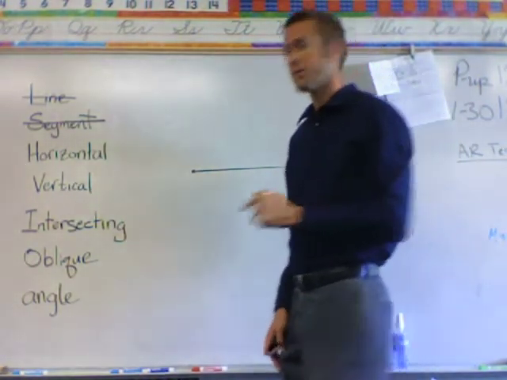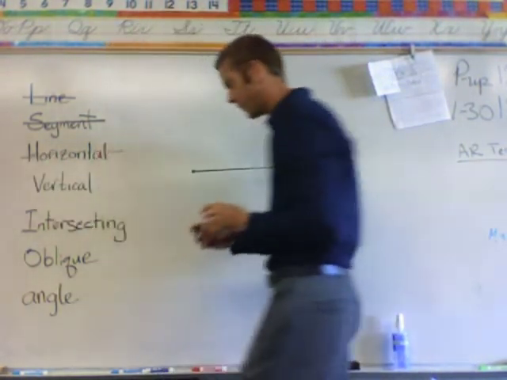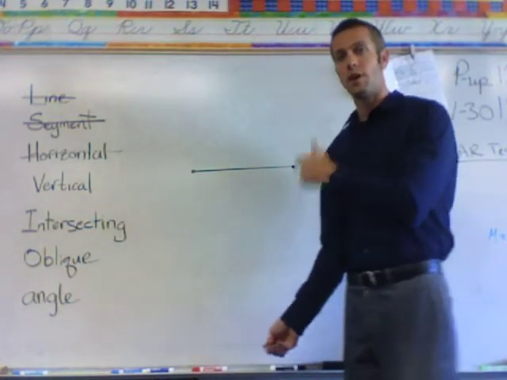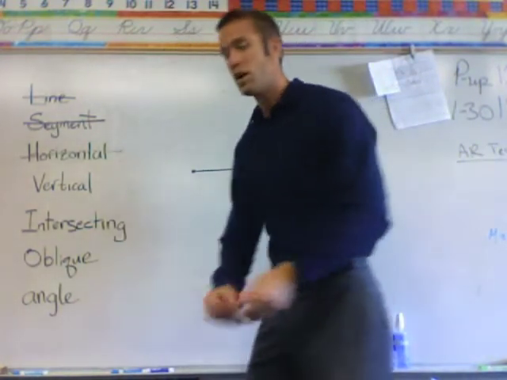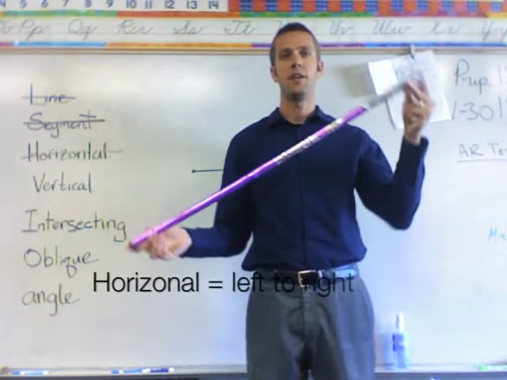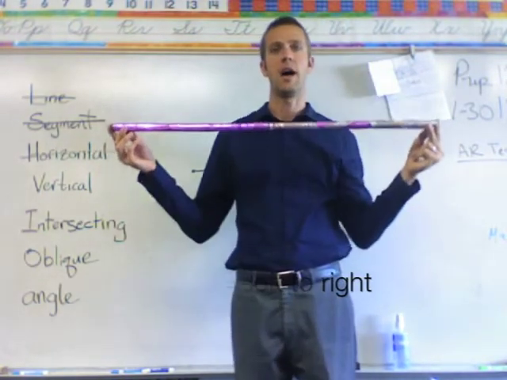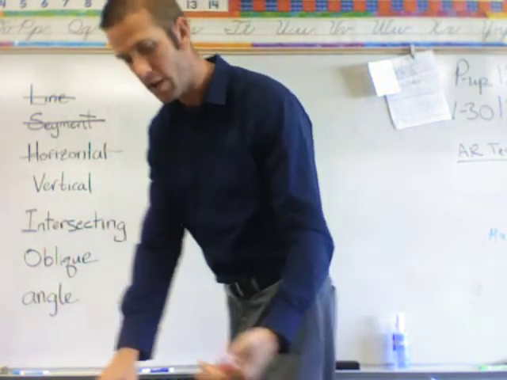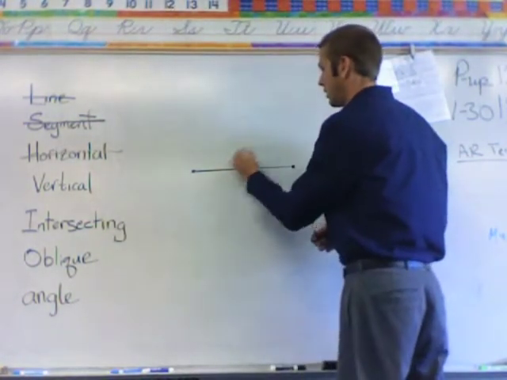The third word is horizontal. And now I have a horizontal line drawn right here. Horizontal lines go straight from side to side. They're not tilted, they're not up and down. They go side to side. All right? And a way you can remember that is